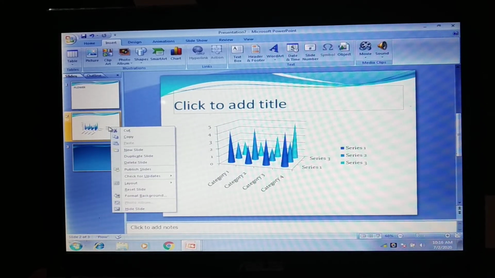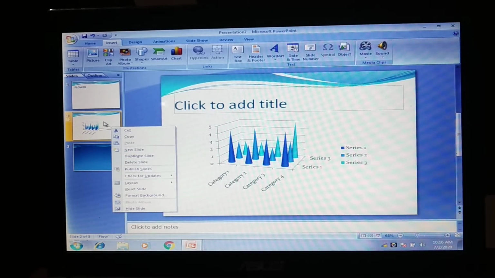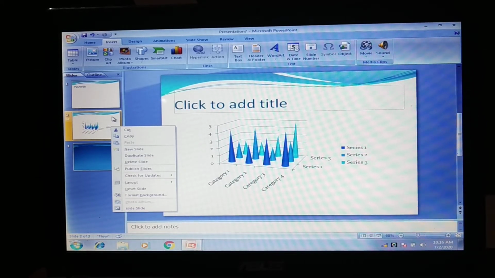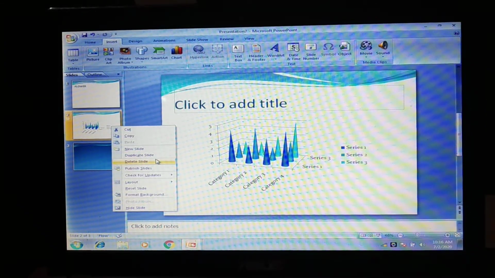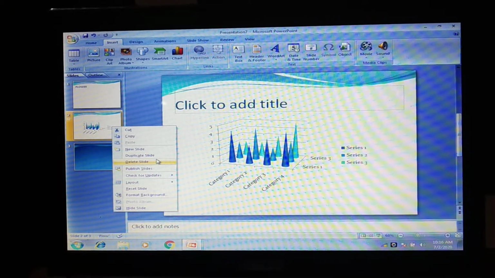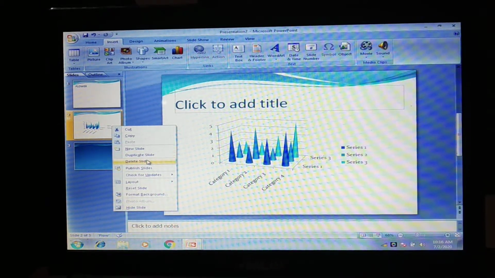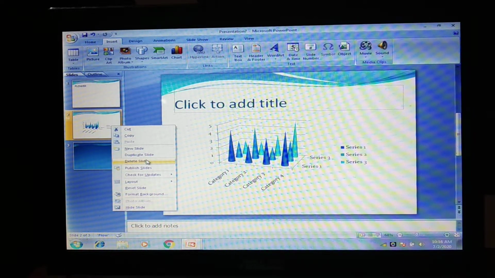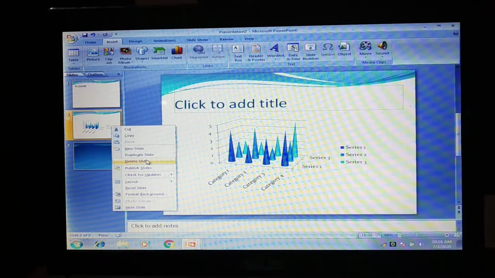See, by making a right click, sorry, not left, right click, another dialog box appears. You have to take this arrow on the slide, and then if you make a right click, this dialog box appears. From here you have a few options like delete, duplicate. Duplicate means the same type of slide will be created again. Delete means suppose I want to delete the second slide. If I click on delete, then it will be deleted. On page 54 you have this delete slides. The steps are shown with illustrations. Everywhere the steps are given and illustrations are provided side by side.